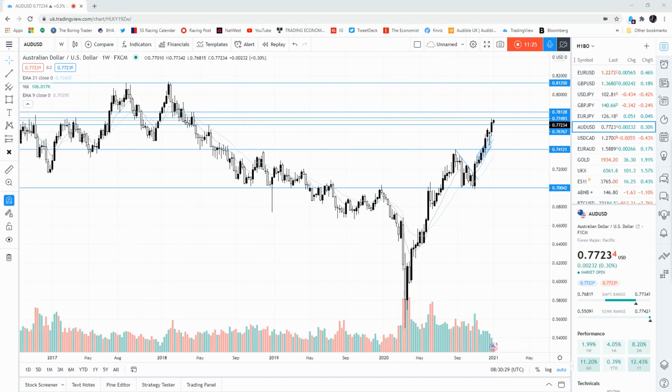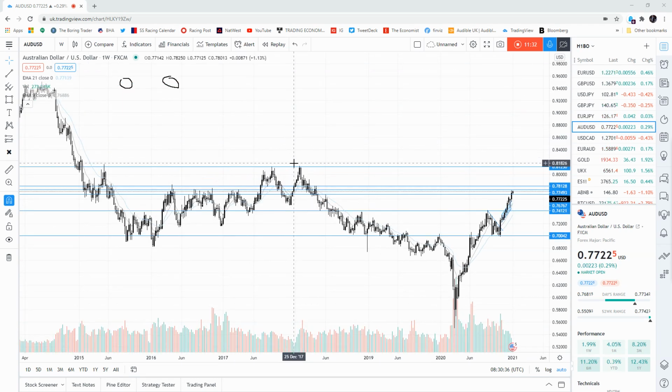There's plenty of room left to test these couple of highs here. Oh, it's this triple top. Sorry, let me get rid of that. You can see that. Just checking. Yeah, these three highs here. We've got enough room at 81 to 25. Yeah, so a couple of 100 pips until we get to that resistance area, which I think